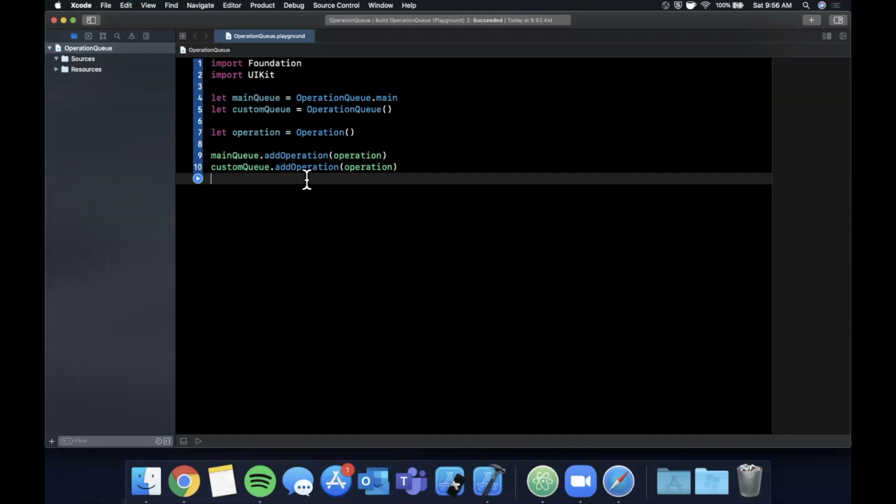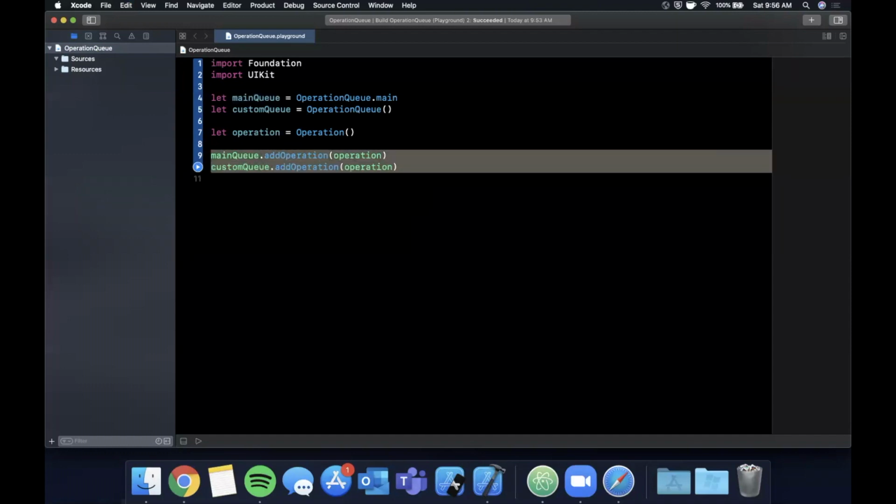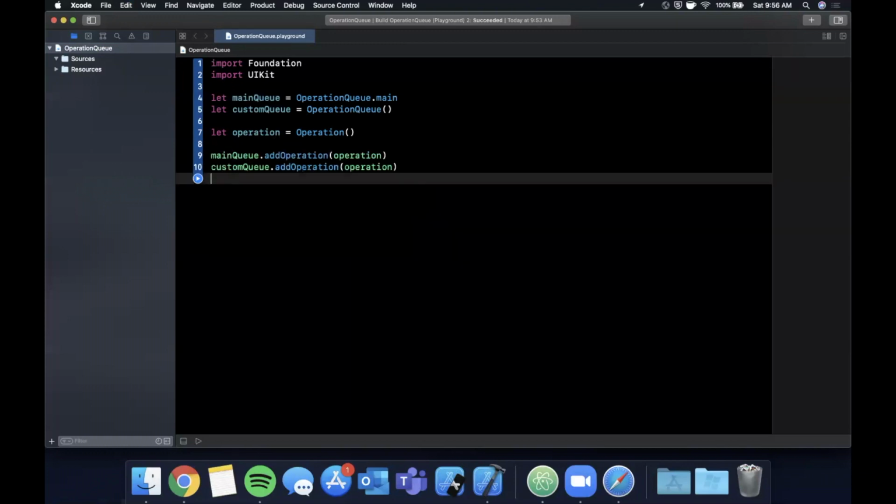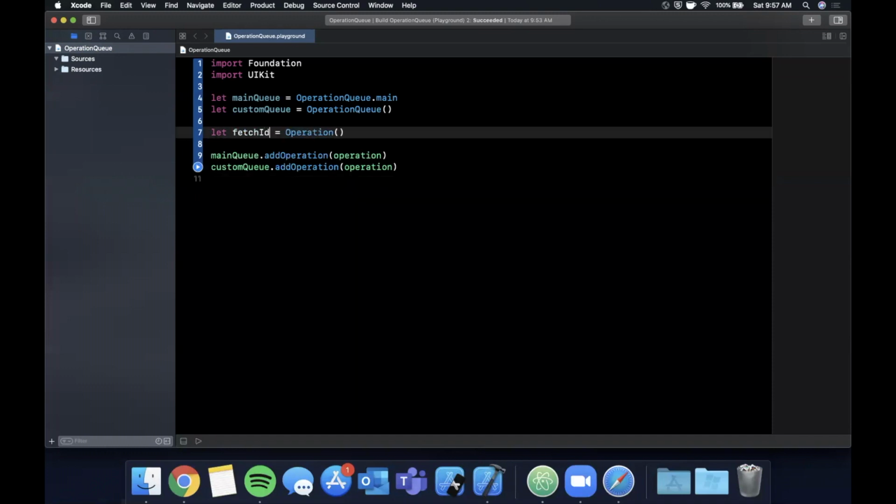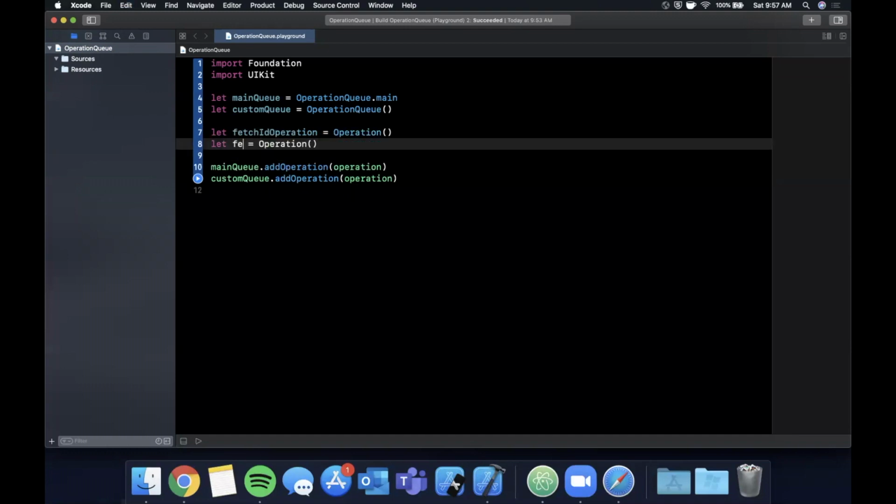So in this case, you might be wondering, why do you want to use this approach versus the block approach, which definitely seems cleaner? And that brings me to the point of dependencies. Think of a scenario in which you want to fetch some user ID, and after you've got the user ID, you want to fetch the profile photo with the user ID. So let's say that's two different operations. The first operation is going to be fetch ID operation. I'd say we have another operation called fetch user photo with ID